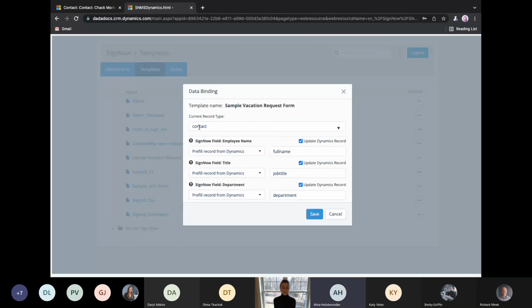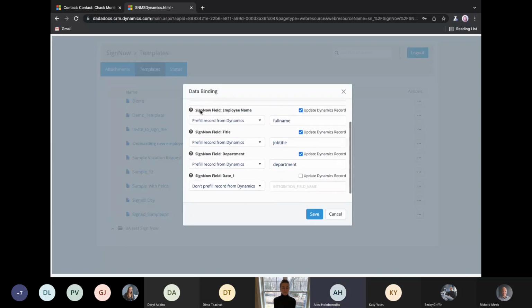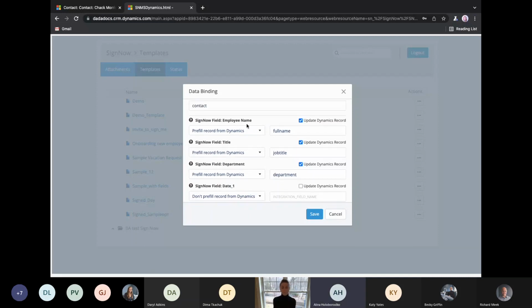You can see here is the record type, it's a contract, and here in my signNow template, the fields have names like employee name, title, department, and the date. And I put pre-selected records for it. So for example, I wanted to pre-select an employee name, full name. So here it's going to put in Chuck Morris. And then title, it's going to take data from the title, and department from department. If they don't have the data in Dynamics, they will put in empty fields, and then the signer should insert it